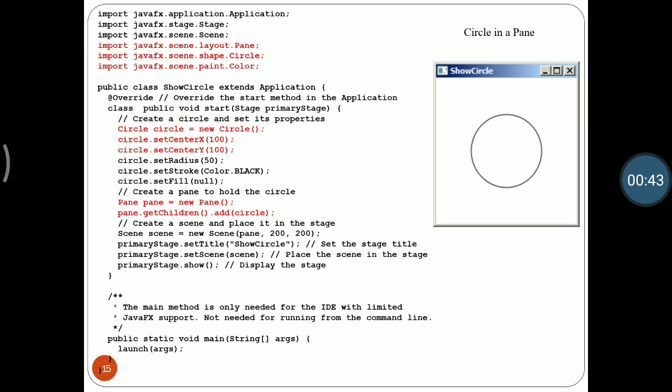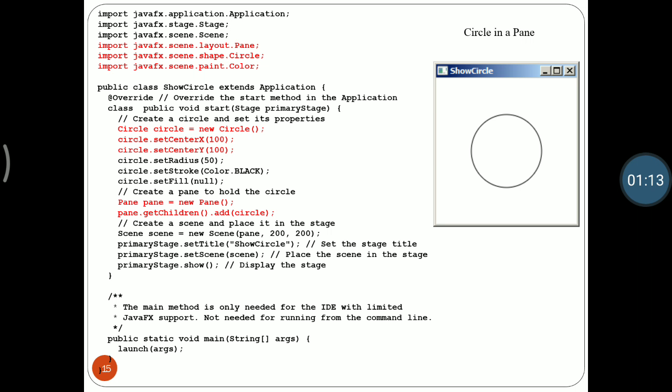Here in the image we can see a center plus the circle is here in our pane. So in red lines we can see we have imported the javafx.scene.layout.Pane, shape.Circle and paint.Color classes. Here we can see circle is equal to new Circle.